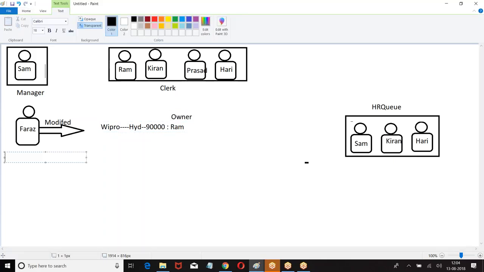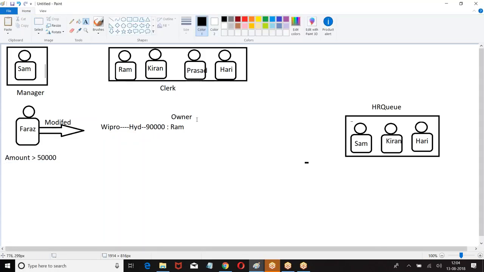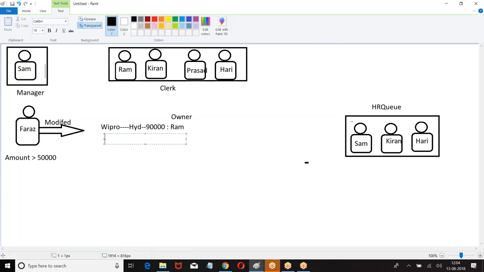What is the rule we have? Amount greater than 5,000. Who modified the record? Faraz. Now I told, when a record is modified, assign the task to